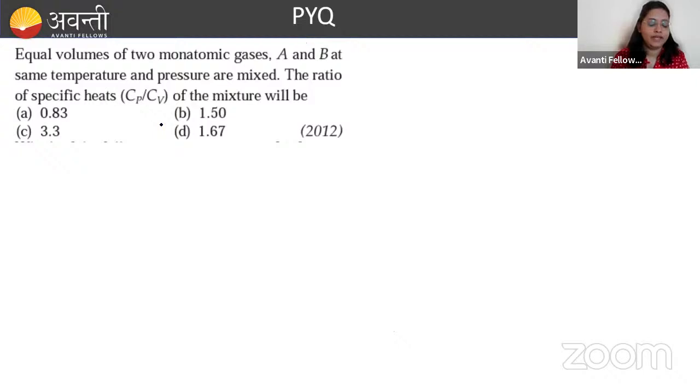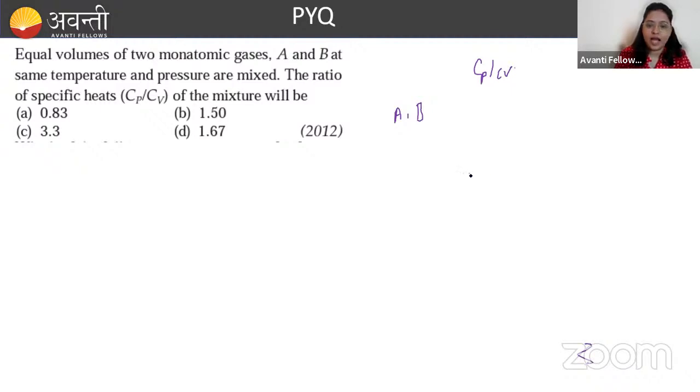Option B. Next problem: equal volumes of two monoatomic gases A and B. Here we have two gases A and B, and they are mixed at the same temperature and pressure. The ratio of their specific heats, Cp and Cv for the mixture, is asked. What will that be? You know that for a monoatomic gas mixture of the same volume,